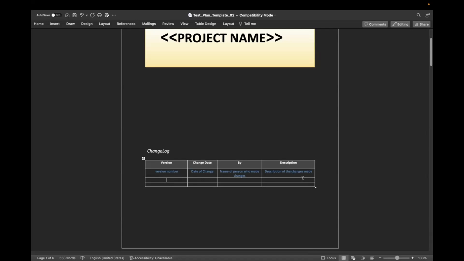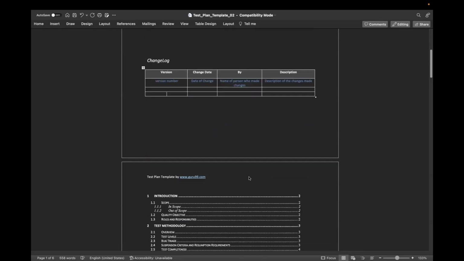So let's say you've completed your test plan, you take it to your stakeholder or your test manager for approval, and they ask you to add more things or update it. The next time you finish updating, you write version 2, and the dates change. You have to keep track of these changes, so you have a log here where you keep track of changes.